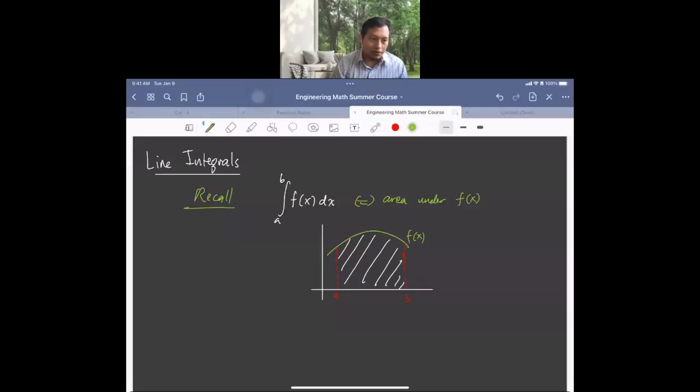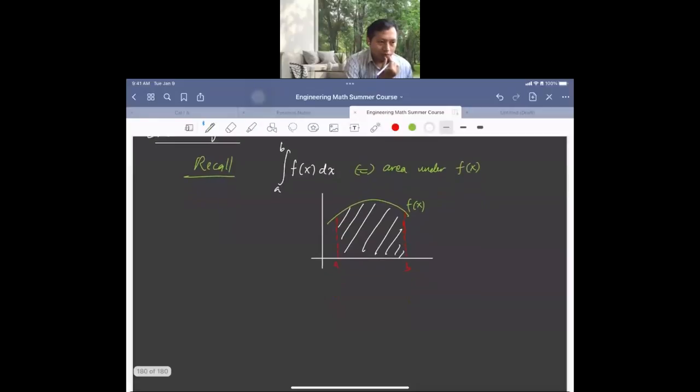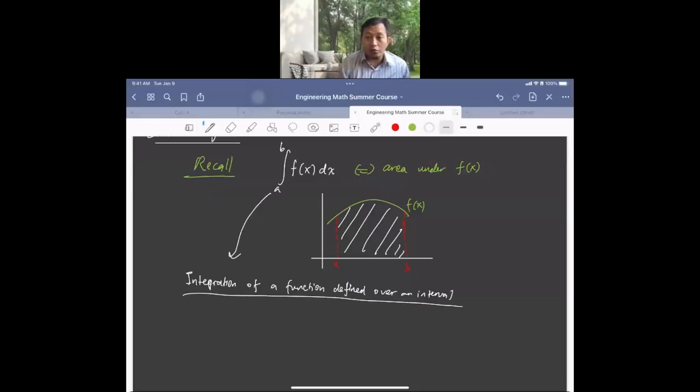Now, what we want in line integrals is to generalize. Let's say this is the integration of a function defined over an interval. This is practically what our normal integral means. So we want to generalize this and turn it into